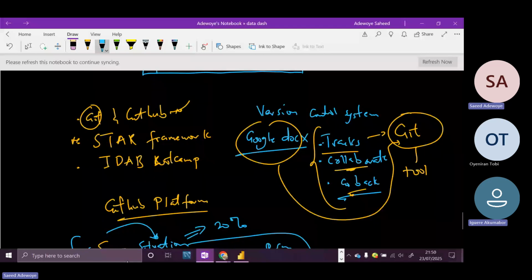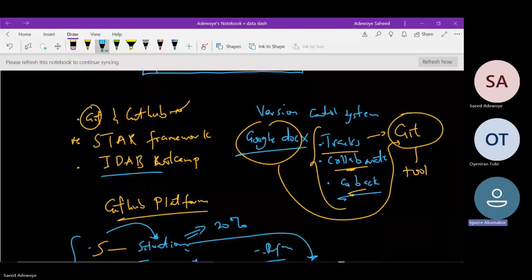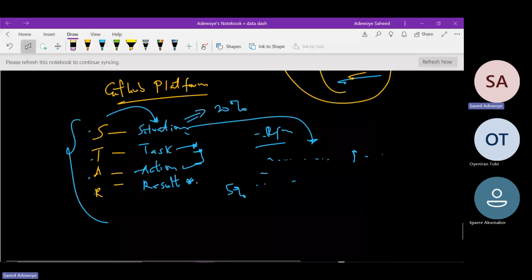Sorry, before you go ahead, I need a little clarification on the action part of the STAR approach. Is it supposed to talk about the technical aspect of how you handle the project, or what exactly? Yeah, action. You've set out some task that you want to achieve, from the situation itself, and this is the breakdown of what I want to achieve.